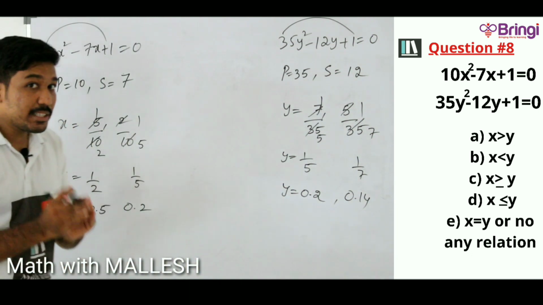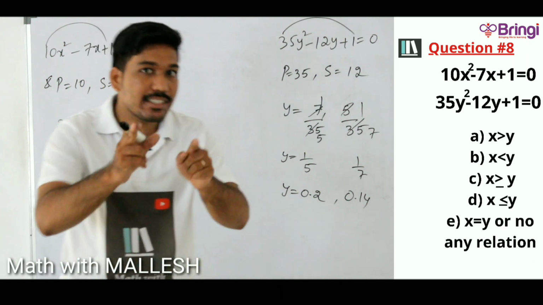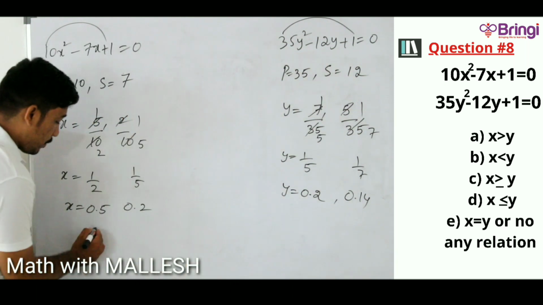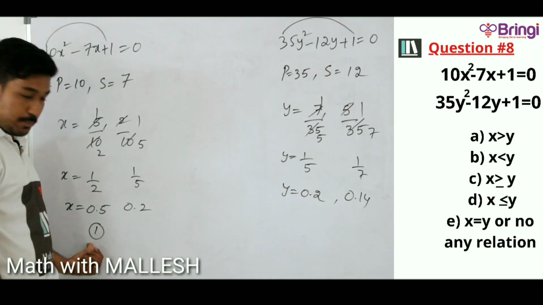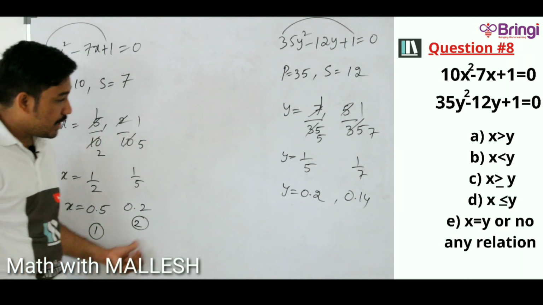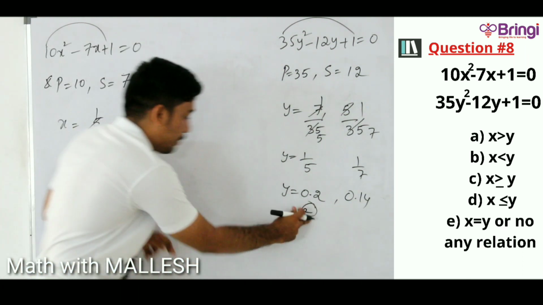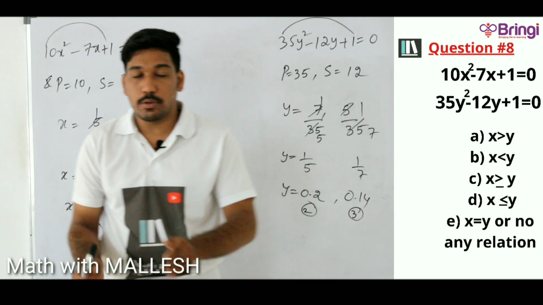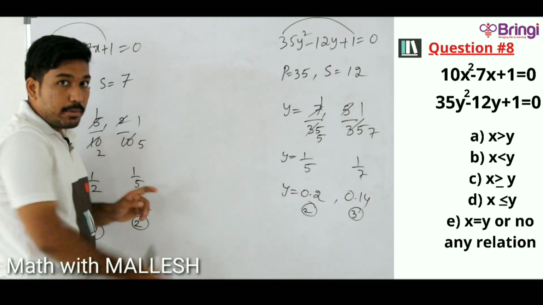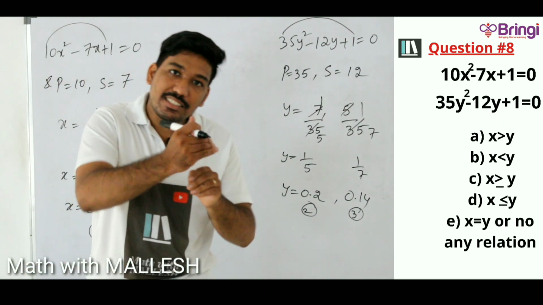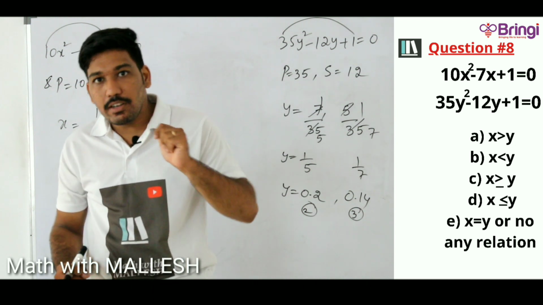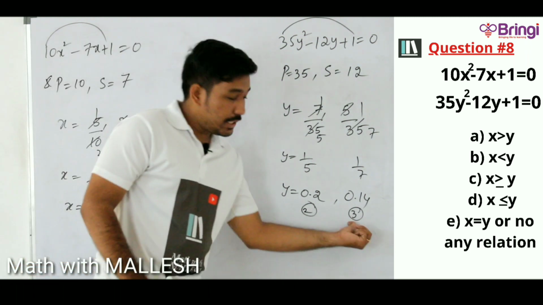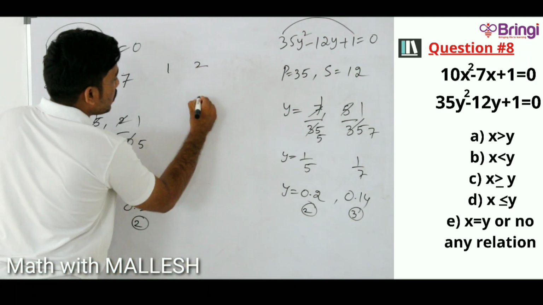Now what is the next step? Ranking. Ranking is the last step. 0.5, 0.2, 0.2, 0.14. So 0.5 is the first position, 0.2 is the second position. Of course, again 0.2 is the second position because these two are the same. And what is the third position? 0.14. Positions mean the largest number will go with rank 1, the next number with rank 2, the next with rank 3, and the next with rank 4. So 1, 2, 2, 3. What came? 1, 2, 2, 3.